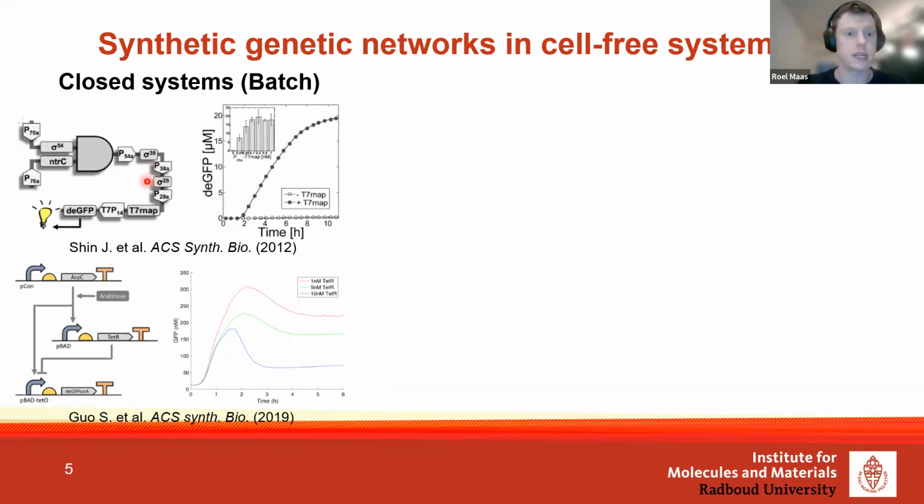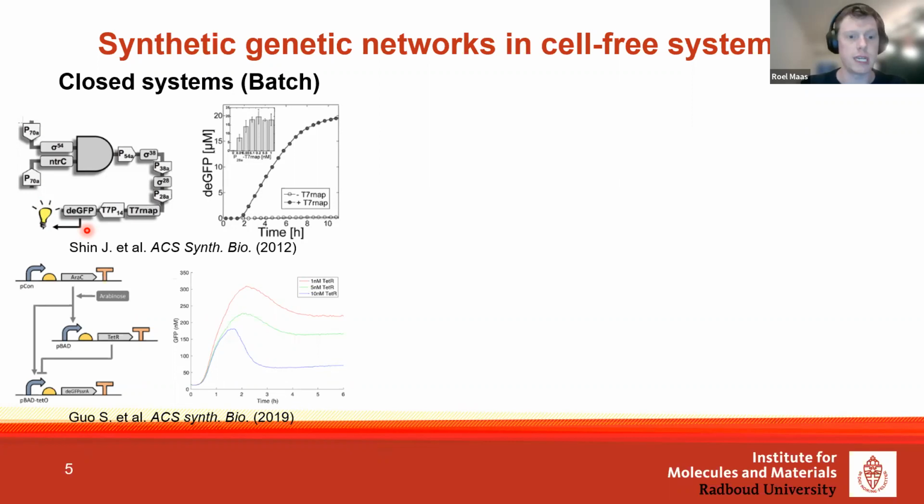And one of the pioneers in this field is the group of Vincent and Noireaux, where they, for example, made this very nice cascade with a set of different sigma factors, all activating each other, subsequently expressing eGFP at the end. This is all only activation elements, but of course, like I also said, we need inhibition also